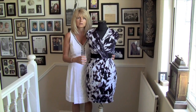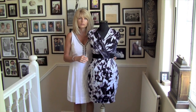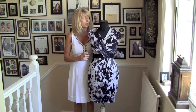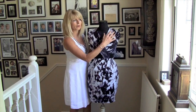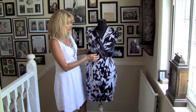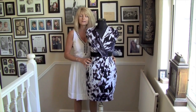You want structure, so you're better not having anything that's too flimsy over your body, and you can wear some really nice skirts, and if you're not too big on the bottom, a pencil skirt will look fabulous, but you need to keep it just under the waist to keep everything in proportion. So this dress, you can have a round neck. Having a V-neck is always quite a good thing if you've got a big bust, but I'm using this today. Empire line, because your shoulders are narrow, and sometimes to keep everything in proportion,